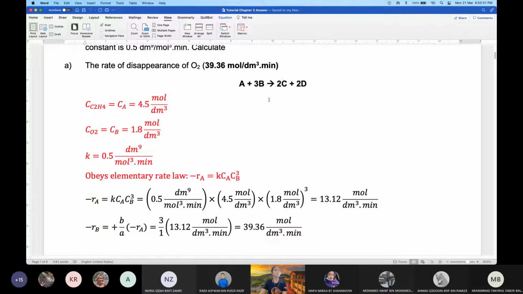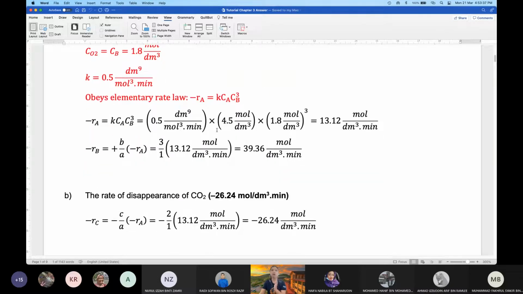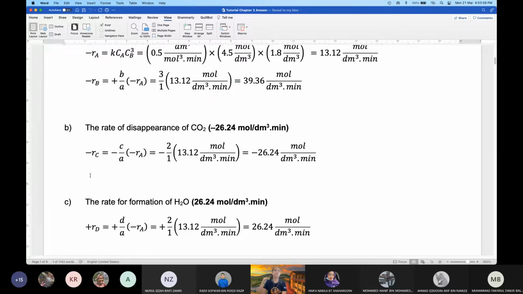So the C per A is 2 over 1. You can check for the chemical equation is 2 over 1. So 2 over 1 multiply with your minus RA 13.12, you will get negative 26.24. So usually this is not a difficult question, tapi positive negative sign tu you have to really remember when it becomes positive, when it becomes negative. Okay. So then last part for today, for this question is the rate of